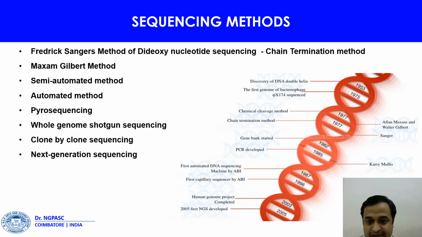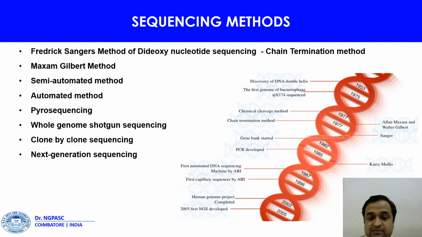So the timeline here gives an idea about the discovery of the DNA duplex and the different years in which we have come up with the different methodologies of DNA sequencing. The discovery of the DNA duplex happened in the year 1953, but it was in the year 1977 that we came up with the chemical cleavage method and the chain termination method of Maxam-Gilbert and Sanger. The PCR method, or the thermocycler method, was developed in the year 1985. The first